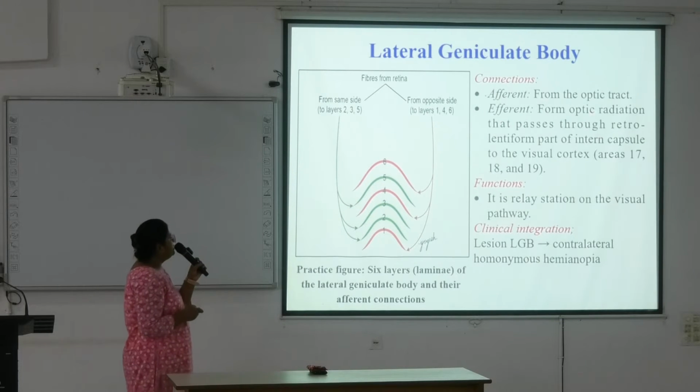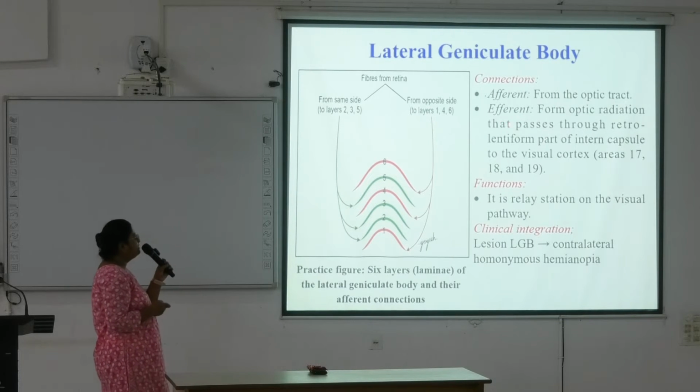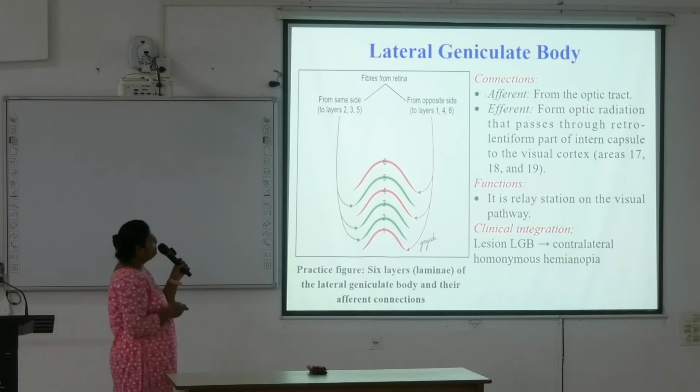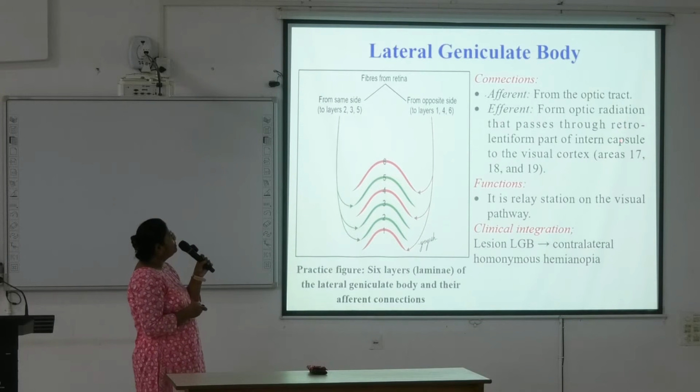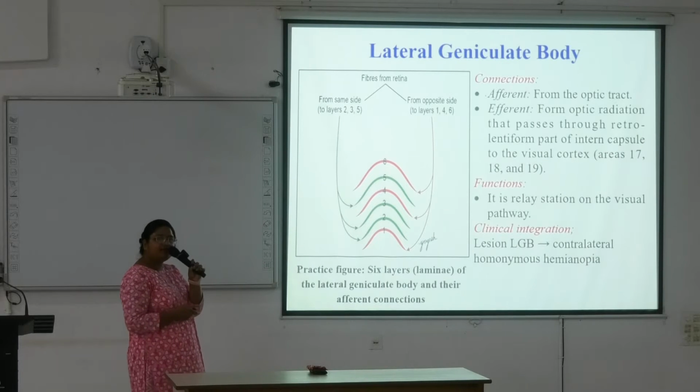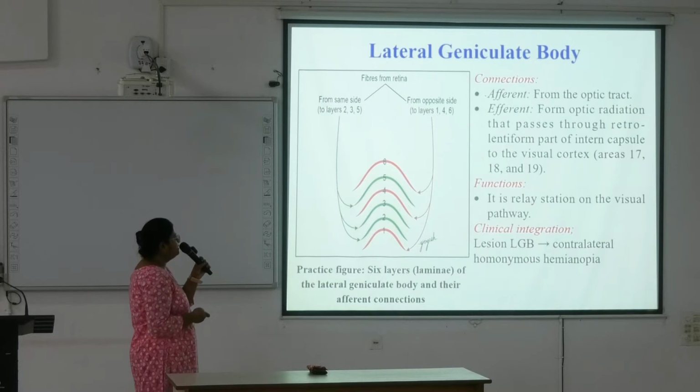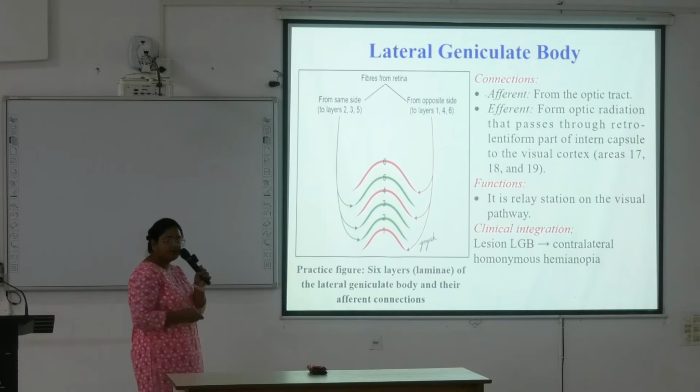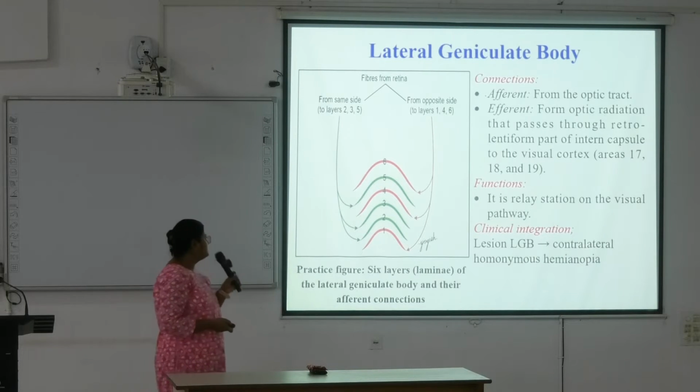connections. Afferent is coming from optic tract, efferent is going as optic radiation that passes through retrolenticular part of internal capsule to the visual cortex. Visual cortex is Brodmann's area 17, 18 and 19. Now what are the functions? It is relay station on the visual pathway, and clinical integration, lesion of lateral geniculate body will lead to contralateral homonymous hemianopia. Okay. Next